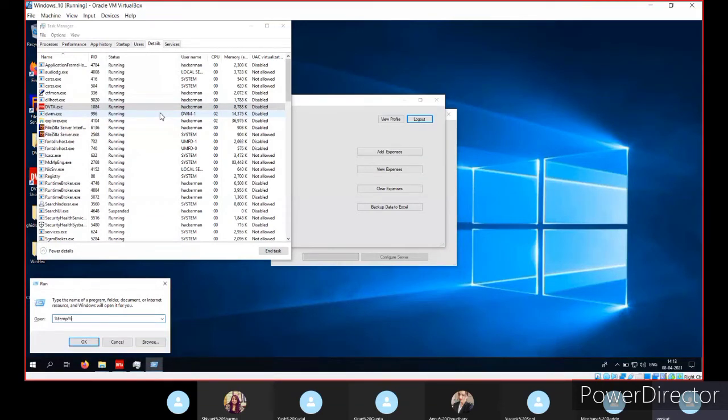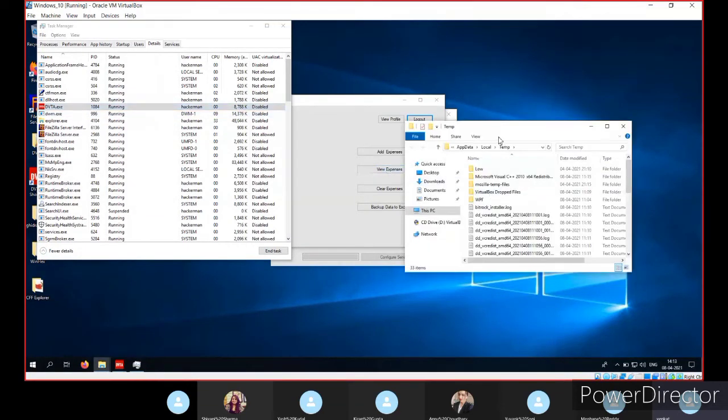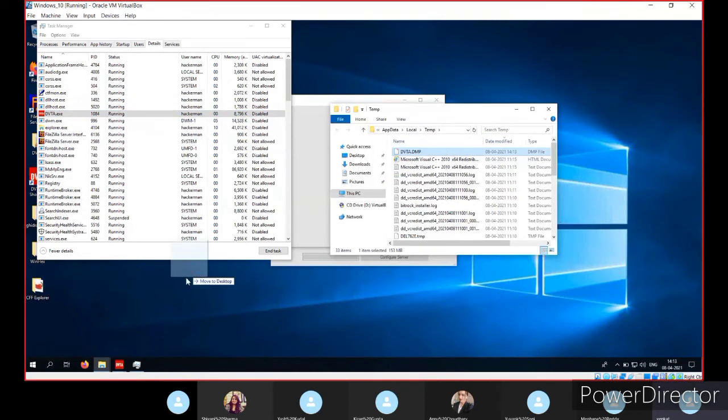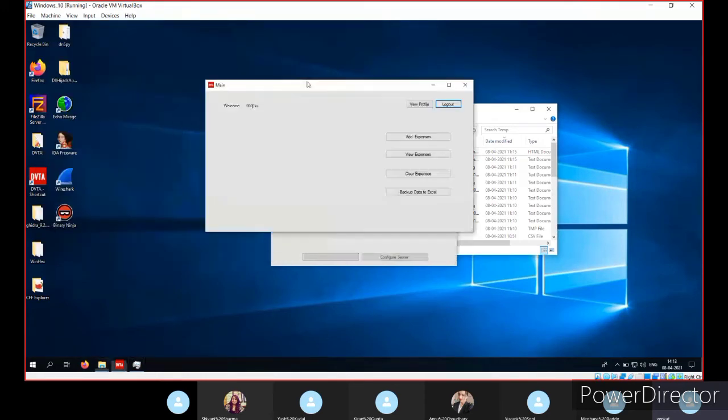You can go to %temp%, and if you see, yeah, here you can see that it created a DVTA dump file. So we can inspect this particular dump file.